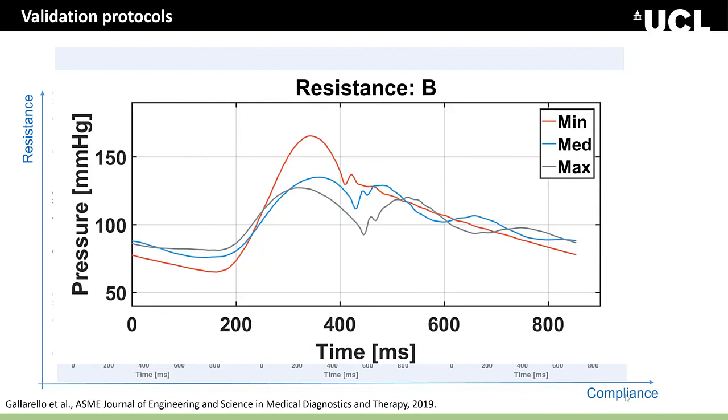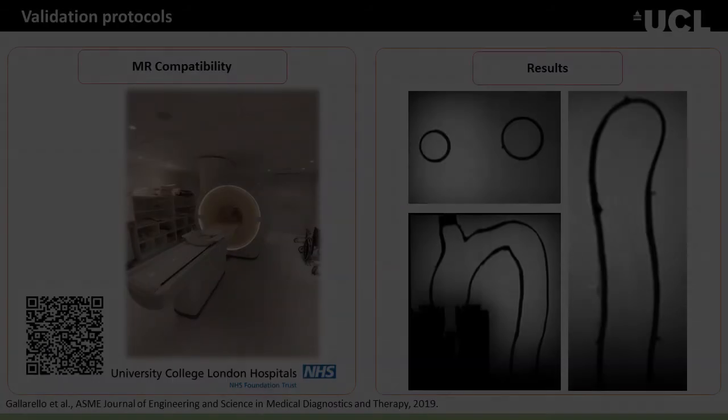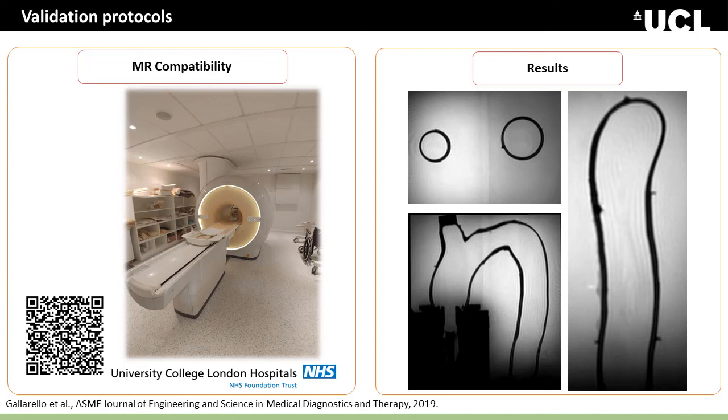This behavior could be due to the fact that the phantom undergoes a rise in pressure during the diastole due to the movement of a certain amount of water from the housing to the compliance chamber that takes a few milliseconds to drop back in the phantom housing. We also tested the MR compatibility thanks to the collaboration with UCLH. It can be clearly seen that our phantom is MR compatible and does not produce any artifacts in the MR